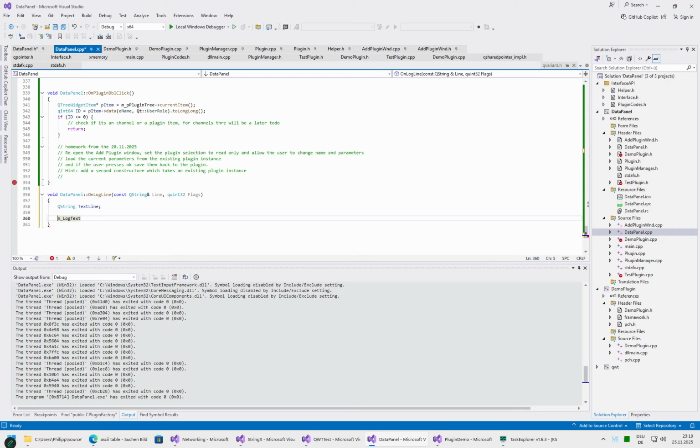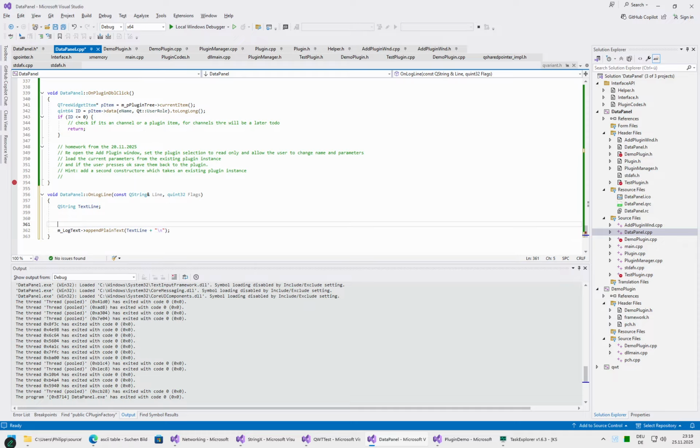Log text, append plain text, plus a new line,